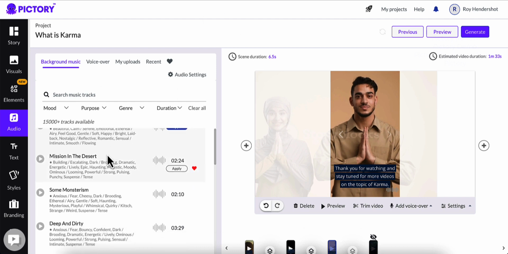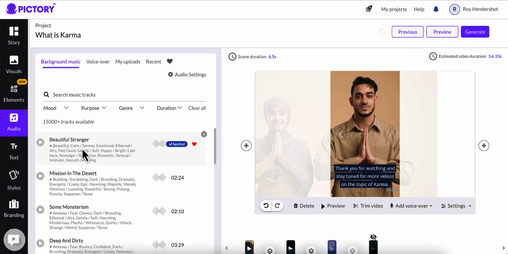So what you would need to do, if you want to have some background music, is go ahead and, let me turn my sound on so you can hear this, click this little play button, and it will give you a little preview of what they sound like. And once you've applied it, it will say applied. Then you can also heart them as favorites so that they'll always be at the top, which for some reason I didn't do. So let me do that now.